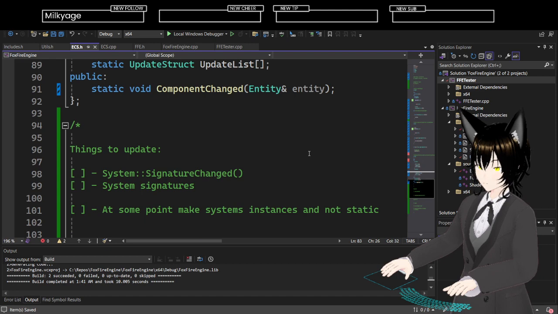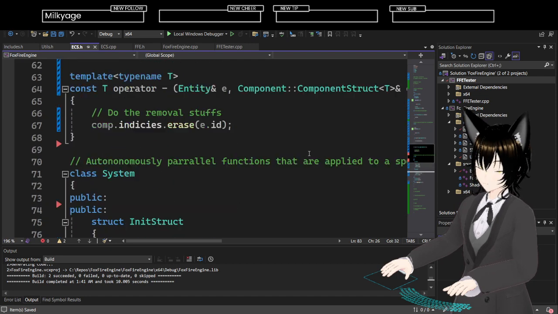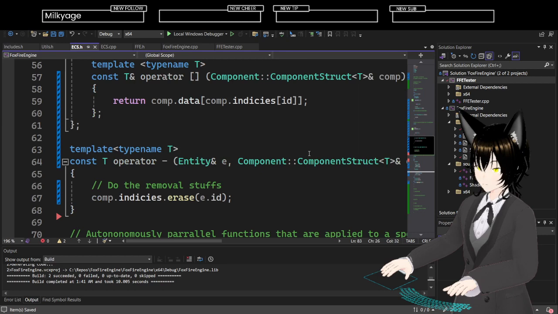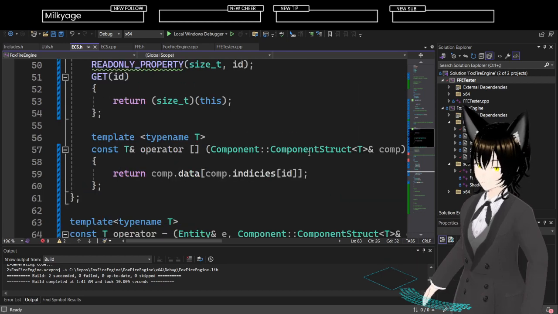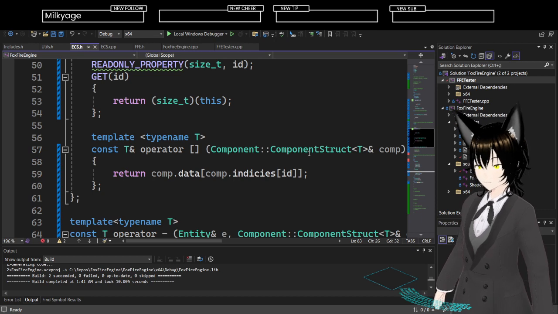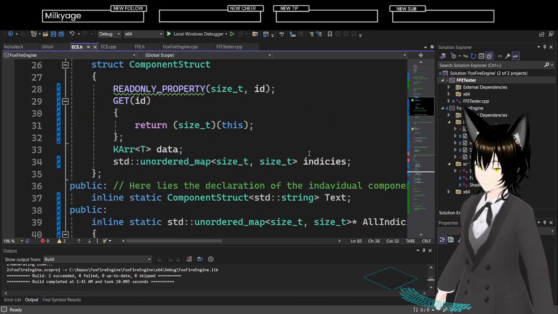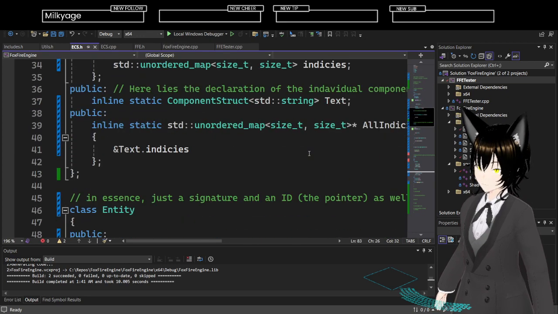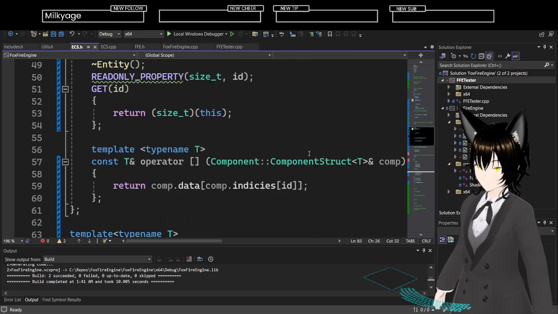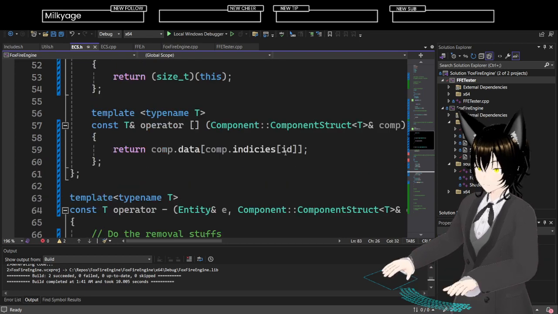Which means that whenever a component is changed, which happens what? Right, when does this occur? This occurs in two places. Once here, right?